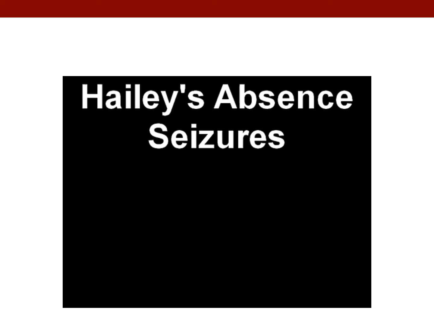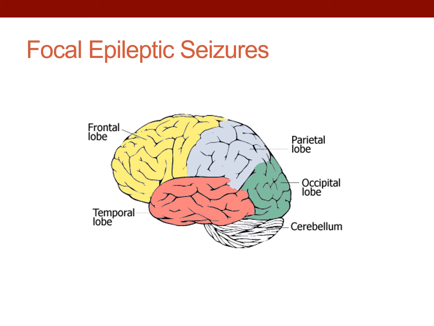Till now we have talked about types of seizures which represent the type of epilepsy. We know that there are generalized and focal, and from the generalized type we know generalized tonic-clonic, myoclonic and absence. Now if we start looking into the focal seizures, like we have explained before, they arise in one part of the brain, but they are not going to spread to the other parts of the brain. So if they arise only in the frontal lobe, most expectedly they will represent only the frontal lobe. They will not have manifestation of the parietal or occipital or temporal lobe. This means that the seizures coming from the frontal lobe will have the same function as the frontal lobe.